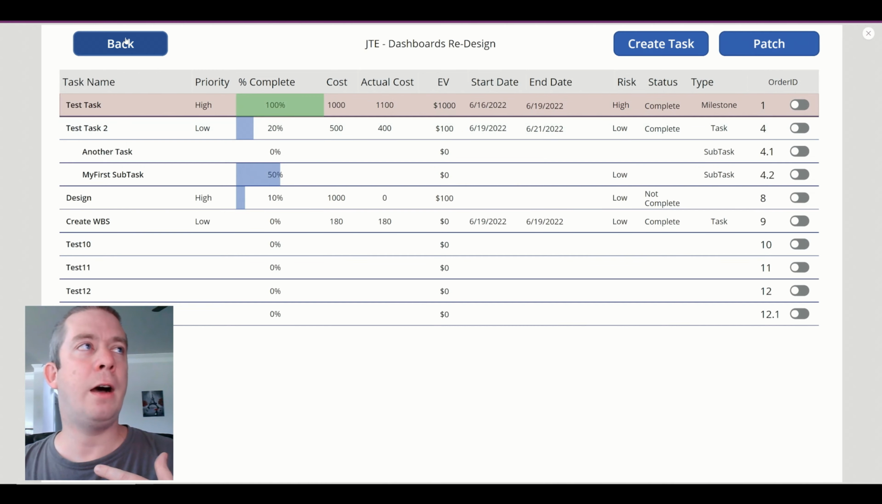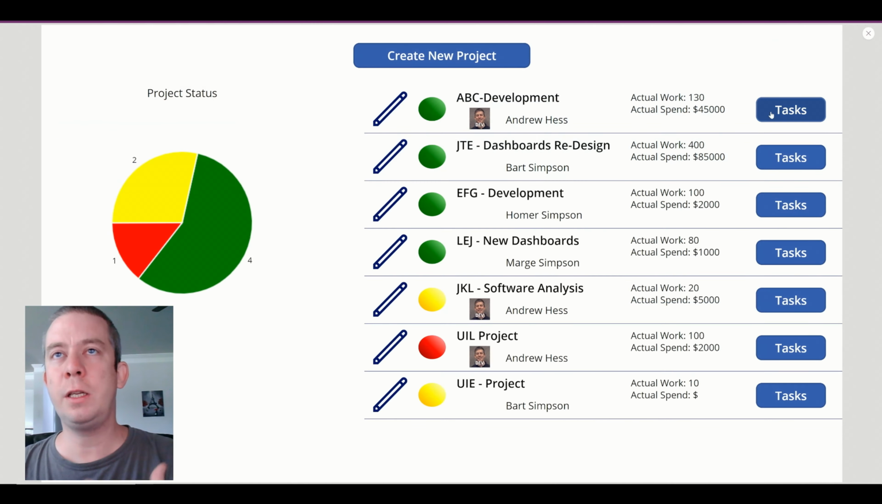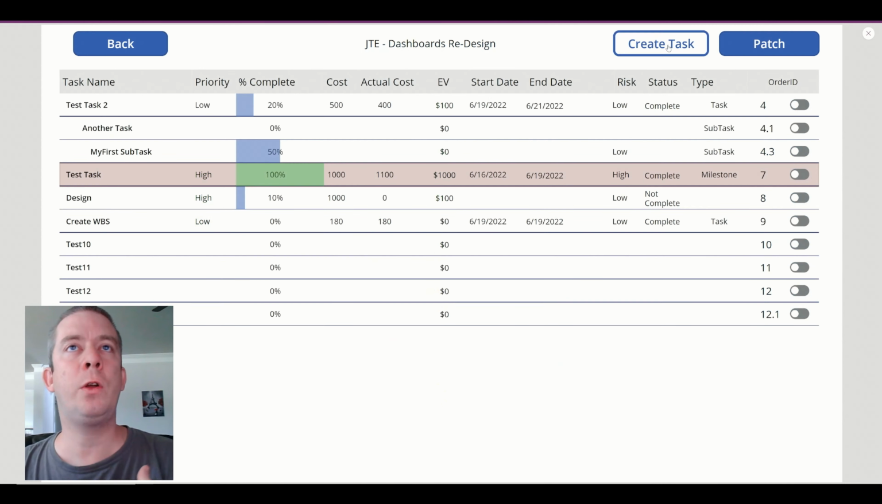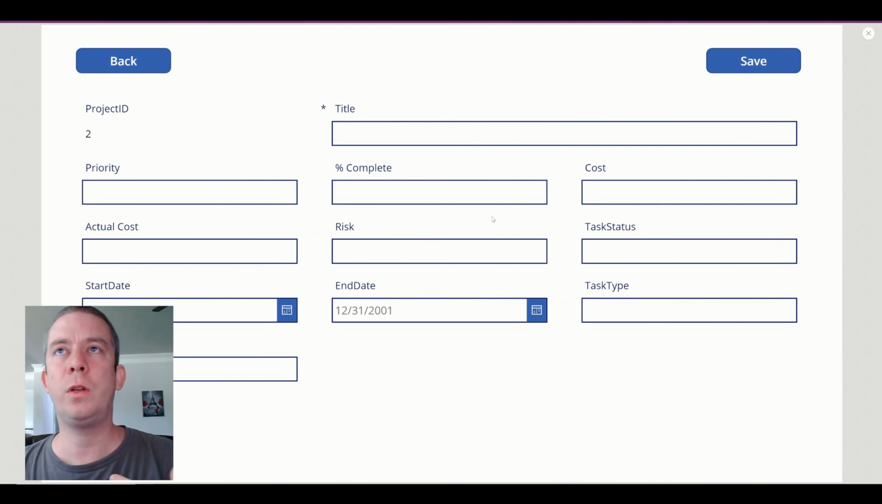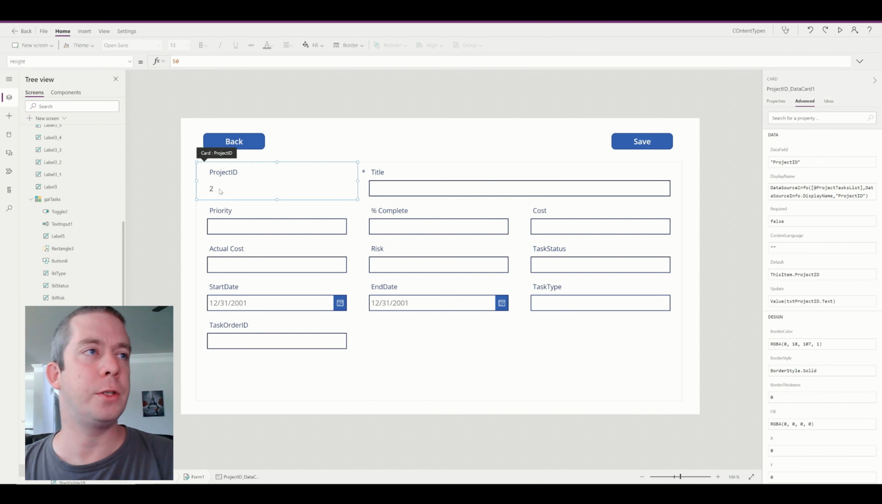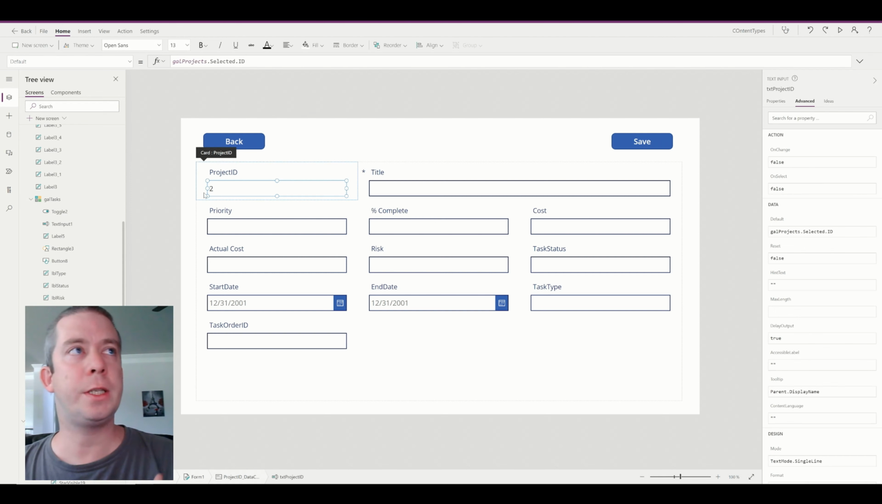So right now we have some projects, right? And each of these projects has their own tasks. And if you'd like to see this work, it's all in my previous videos. So when we go to create a task, you'll notice that the project ID is matched up. So when I show the project ID here, it's going to